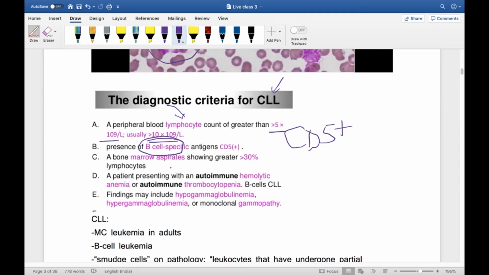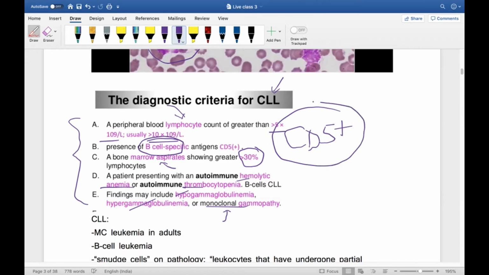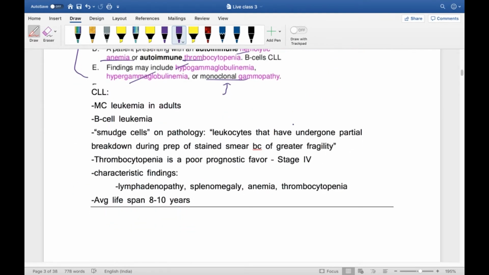Now, a bone marrow aspirate in CLL shows more than 30% lymphocytes. CLL also has an association with autoimmune hemolytic anemia. Autoimmune thrombocytopenia is what you should remember. The patient can have hypogammaglobulinemia, hypergammaglobulinemia. Some of them can have monoclonal gammopathy. So please don't forget, doctor, diagnostic criteria for CLL is a favorite area, especially CD5 plus is the one you should not forget. Very elderly people,